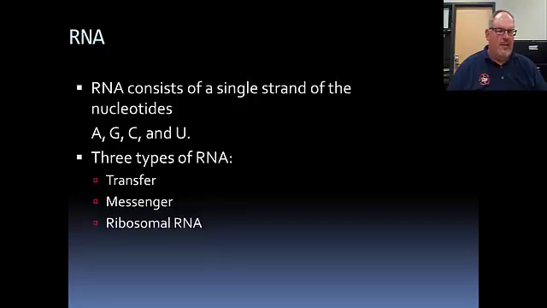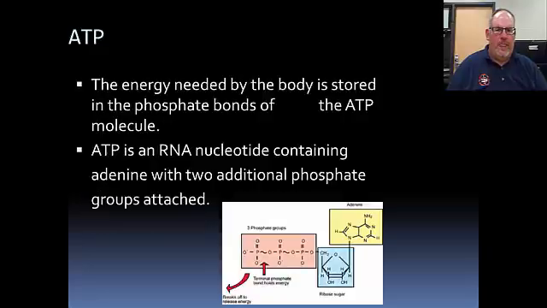Somebody has to be sending the message in Morse code, which would be the messenger. And then on the other side, somebody has to receive it and write down that message. And that's what the ribosomal RNA is going to do. It's going to take that message and write it down and actually put it into a usable form, which is protein. If I'm sending a message through Morse code, that would be somebody writing it down physically on paper. But here, instead, it's going to be like protein.